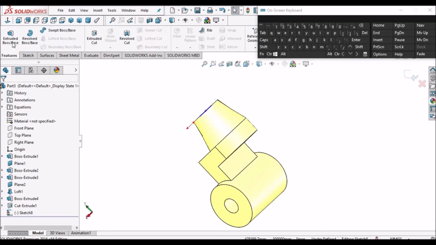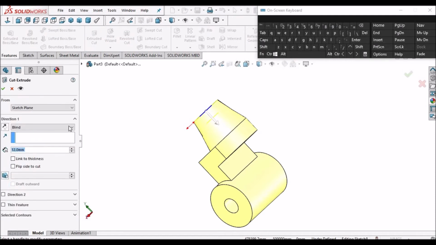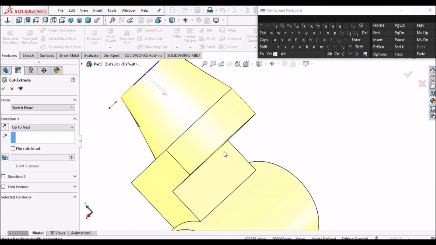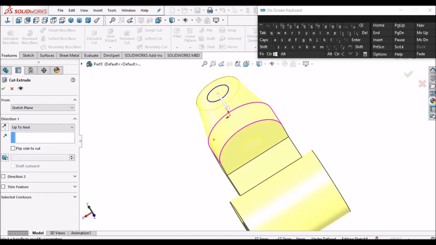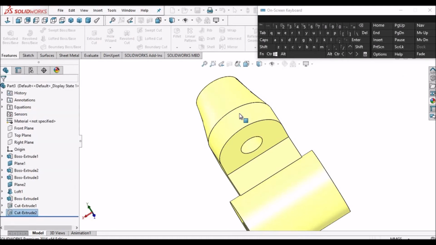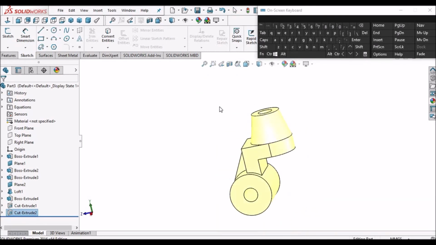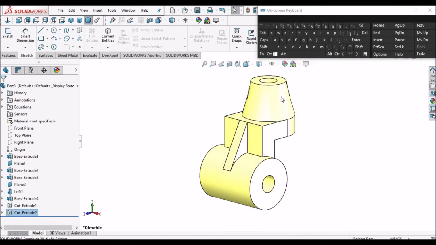Go to feature, cut extrude, and say up to next. So automatically material is removed. See, the material is removed now. Now our model is ready.